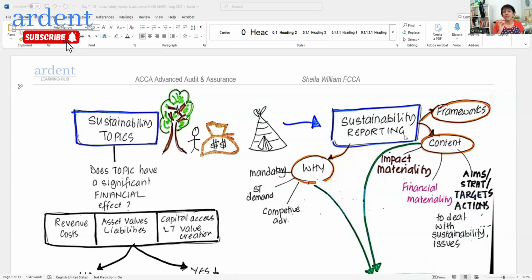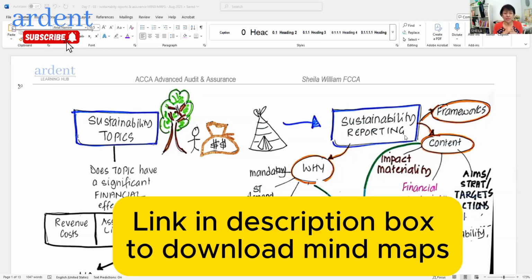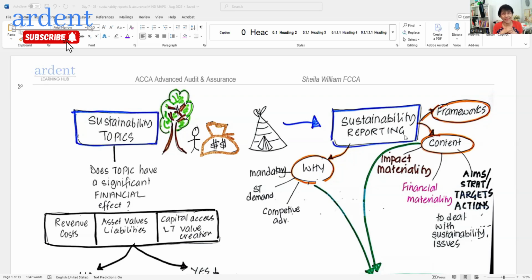The notes on sustainability are extensive by their very nature. So what I decided to do was to create some mind maps. I've created 5 mind maps. You can see my beautiful drawing here. And we're going to go through them so that I can link the topic of sustainable reporting and sustainability assurance,